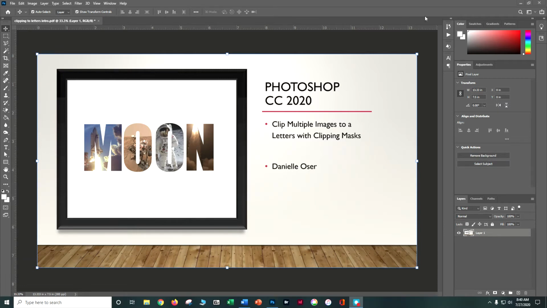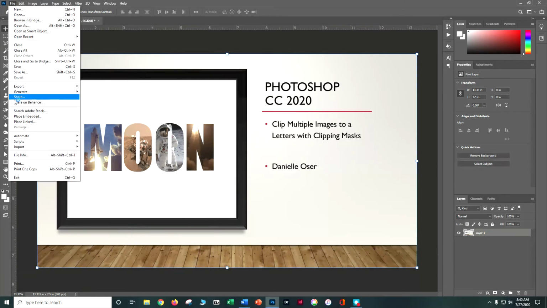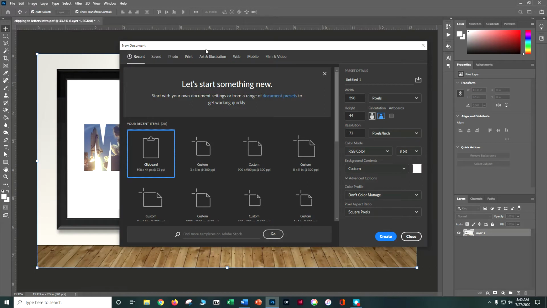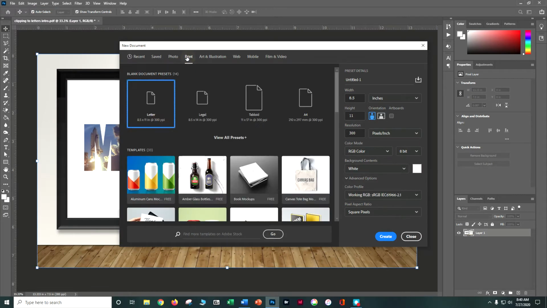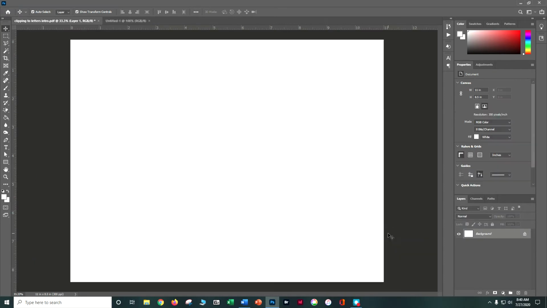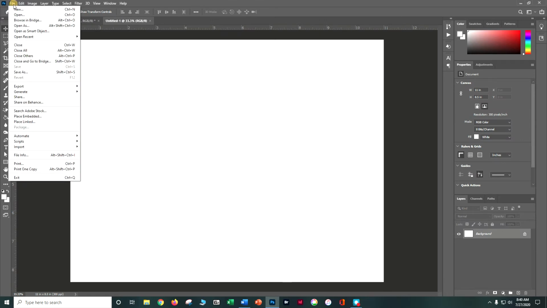So let's go ahead and do File, New. At the top, we want to make one that's print. Let's do letter, and let's make it landscape, so it does it for you automatically. And let's do create. Let's do File, Save As,